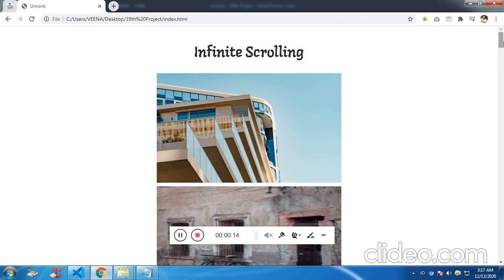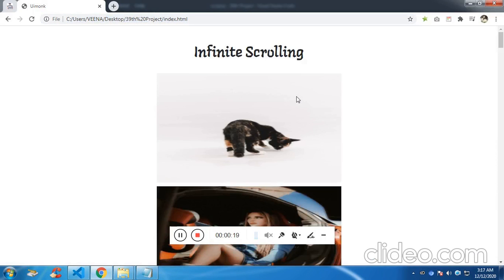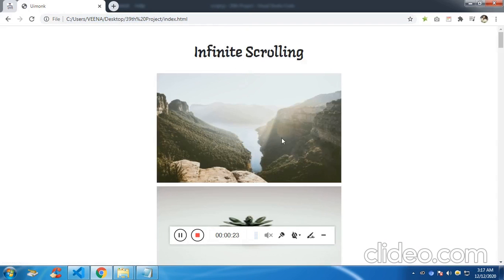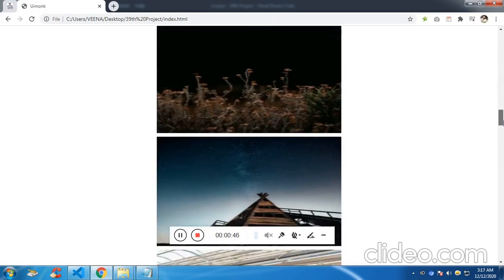So fine, now if you see on page load, you'll see the loader. Once all the images load, the page loader hides. So on single page load, we are fetching the data, in this case it's images. We are fetching 30 images from a website called unsplash.com. So here we are going to see how to fetch data from unsplash.com, and then if you scroll a bit,